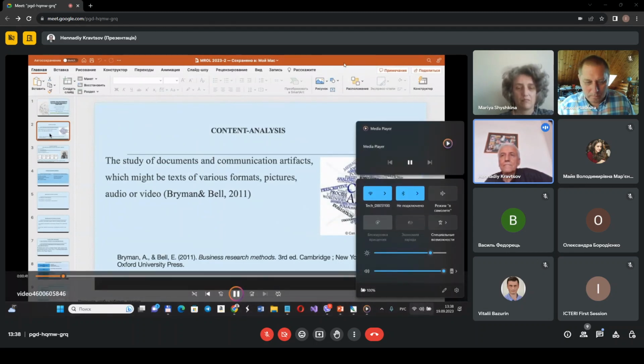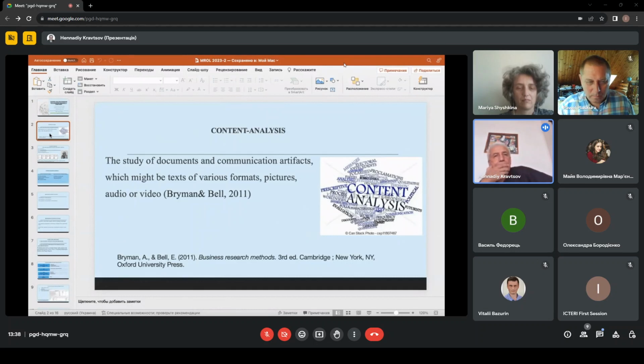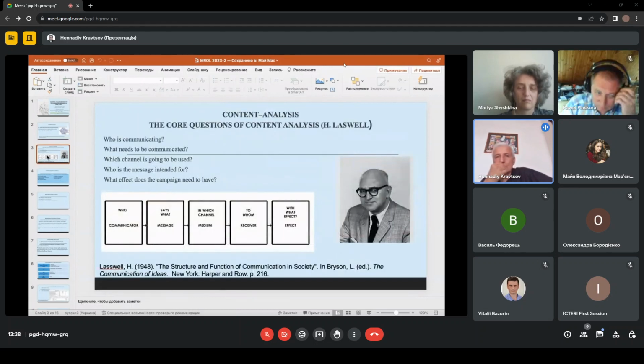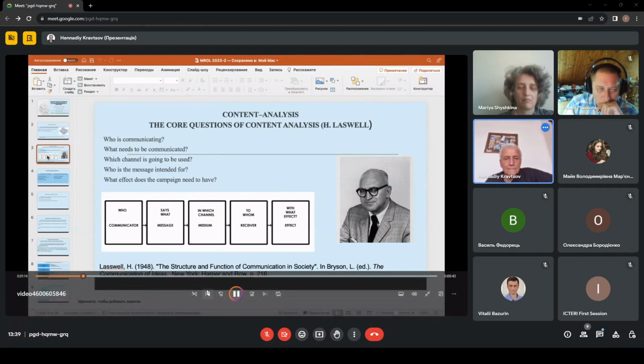It helps to collect and systematize data for quantitative and qualitative research. And if we are talking about the base for content analysis, I would like to mention such a name as Laswell. He is considered an establisher of content analysis methodology. His model of communication was used for creating programs for content analysis, and it includes